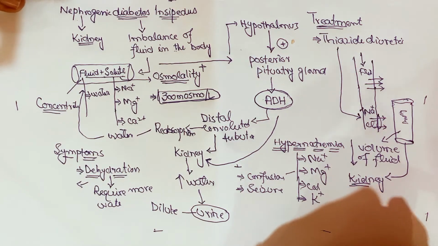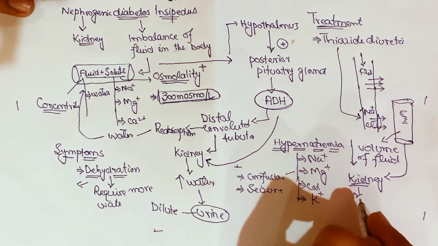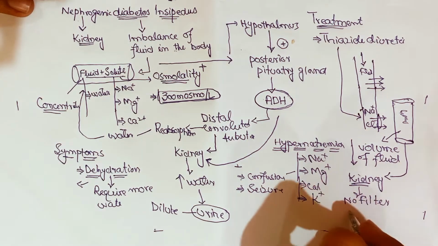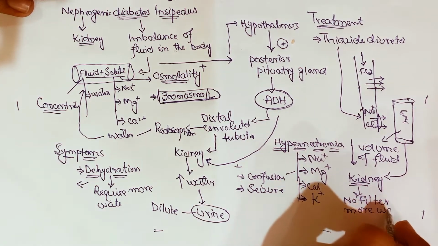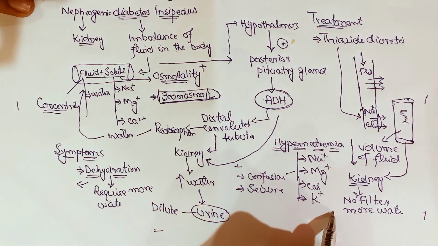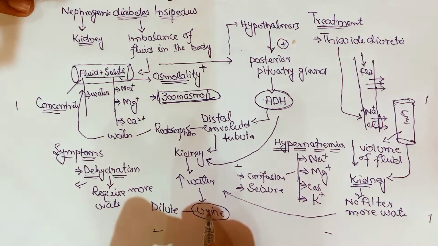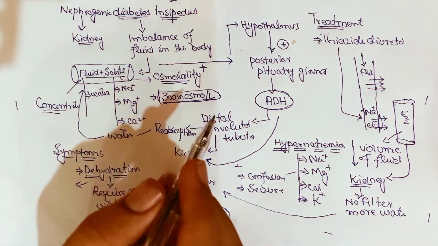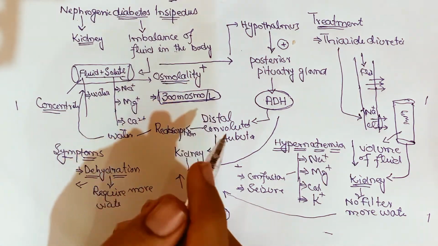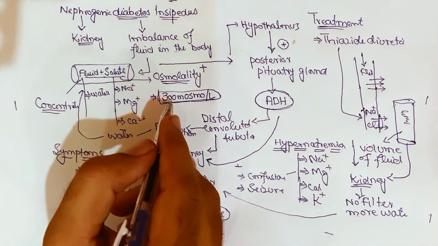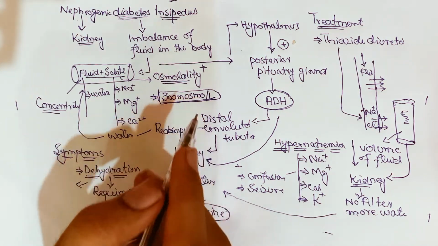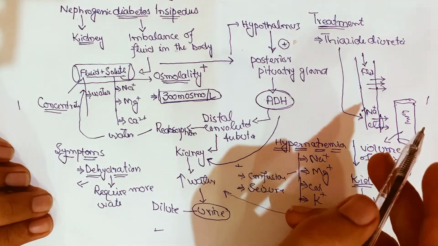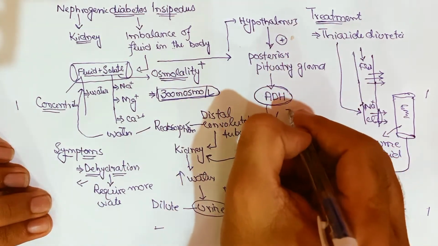And that's why the kidney will not filter more water, and as a result the water will not be in the urine, so the osmolality of the fluid in the blood vessels will not be disturbed, and it will be normal at 300 osmolar. The other medicines used in the treatment of nephrogenic diabetes insipidus include